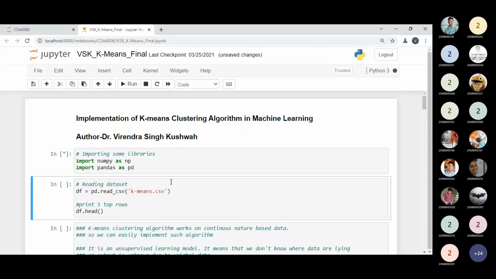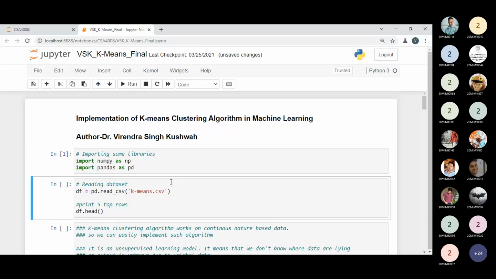After importing, now it's time to read the data. We have data, and that is the point you have to keep in mind. I have just downloaded a CSV formatted file, a database known as kmeans.csv. It is available over the internet, but I have downloaded it.